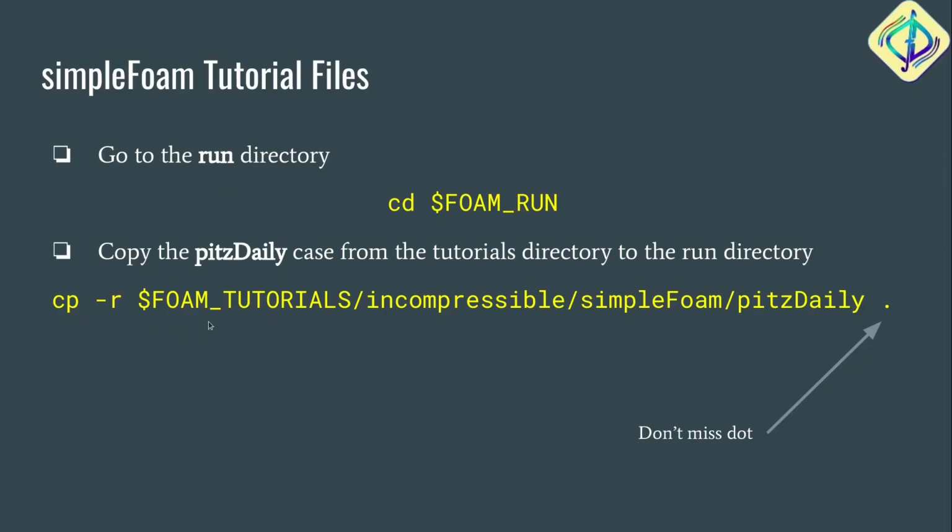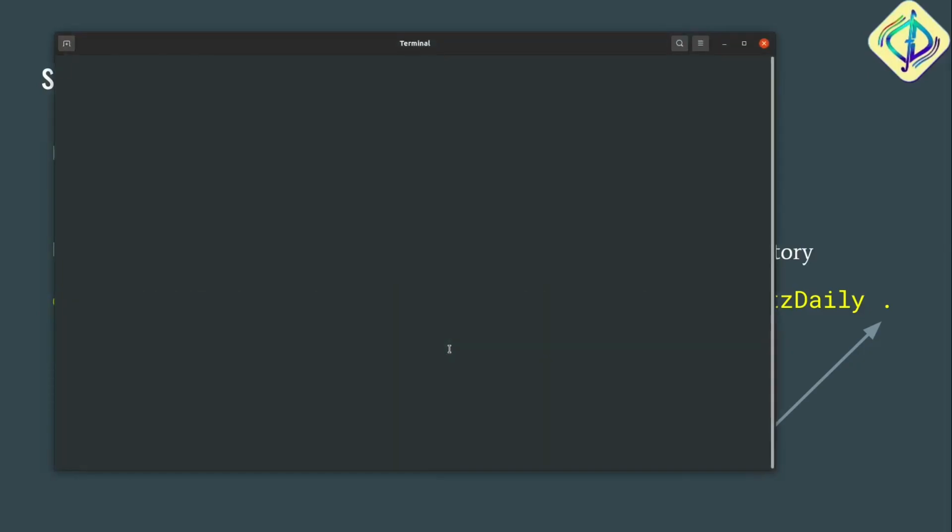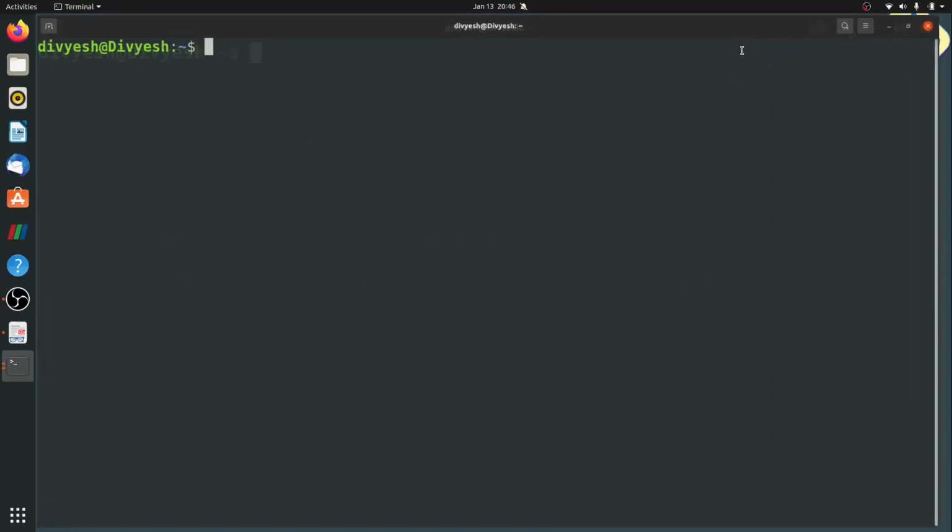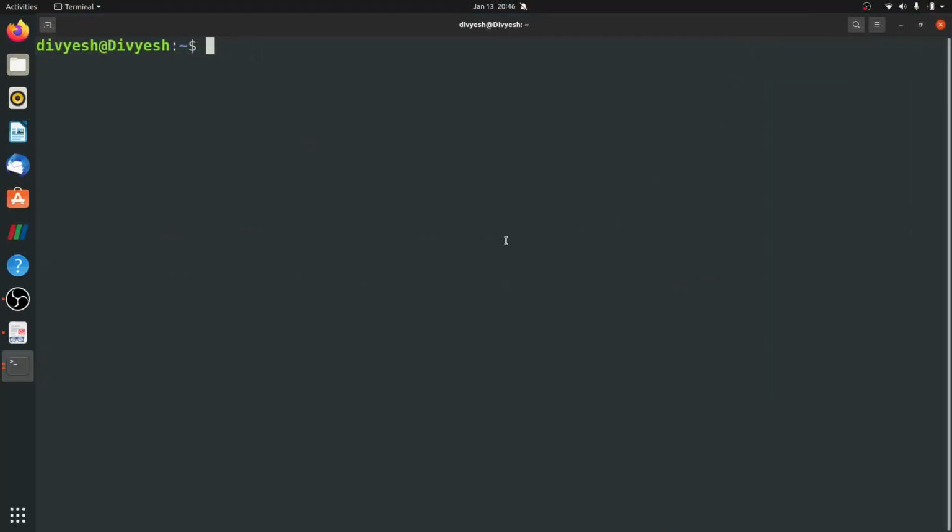To do that, we'll run these 2 commands in our terminal. Let me switch back to the terminal. I'll first go to the run directory using the cd command: cd $FOAM_RUN. Okay, so now I'm in my run directory.